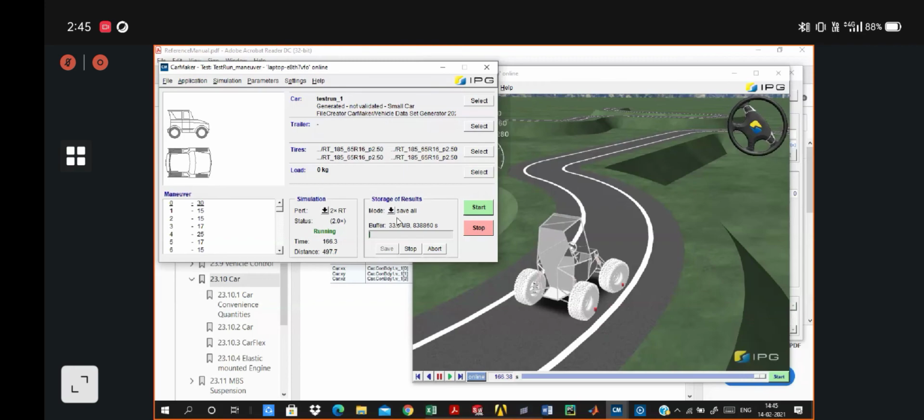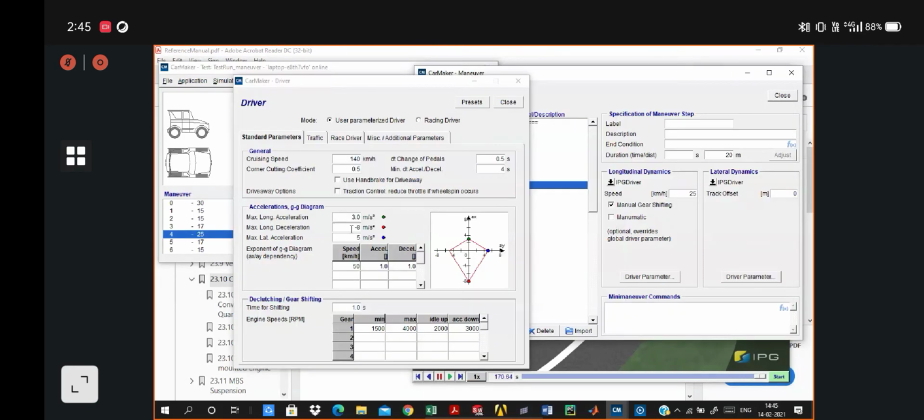For that, you have to check the reference manual. You have to study a bit about these parameters to understand their effect on the vehicle motion.